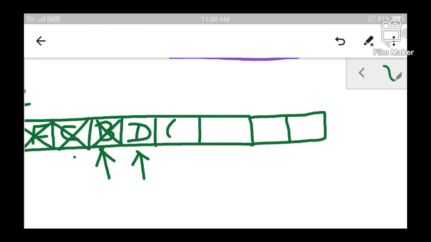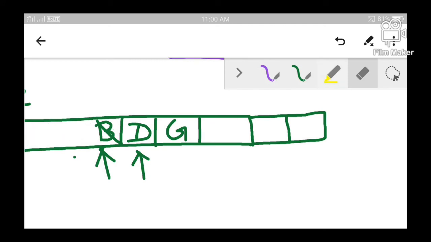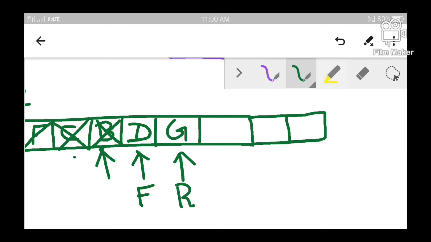So let me insert G. Once G is inserted, you can see that now D is the front element and G is the rear element. Okay.